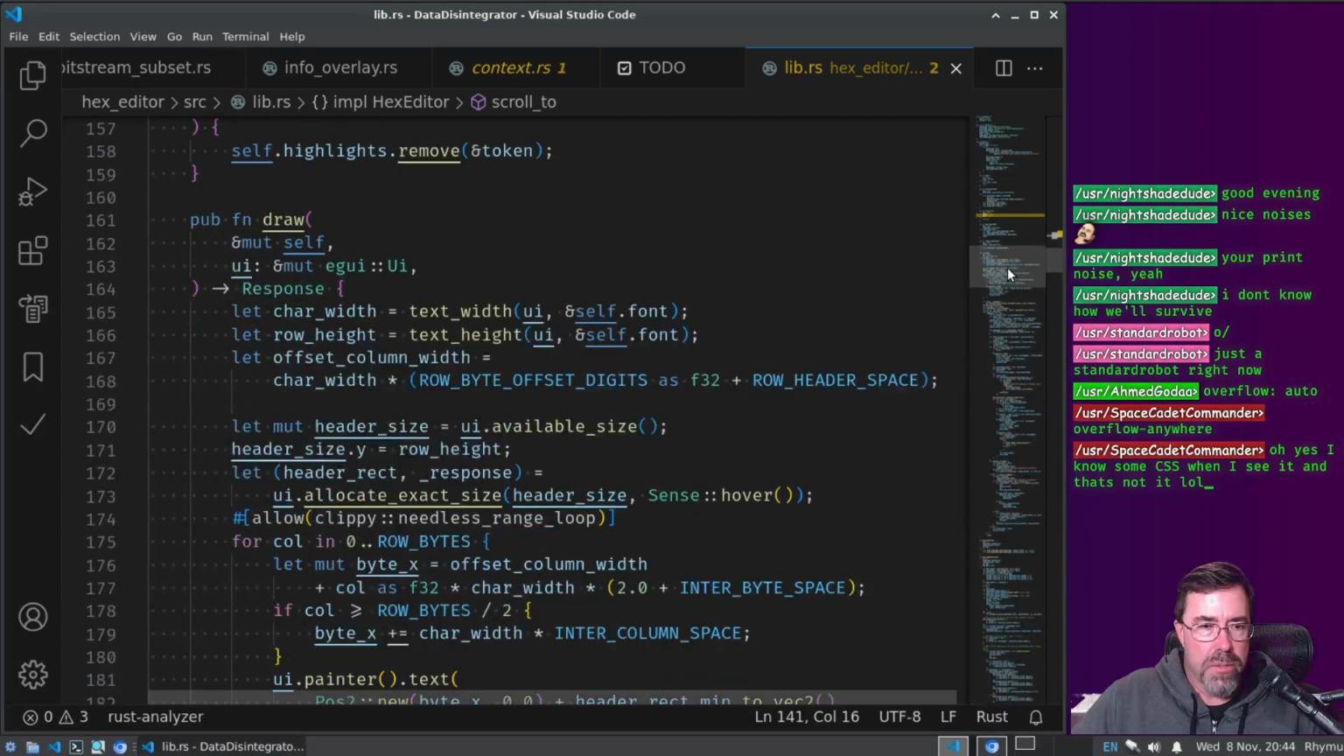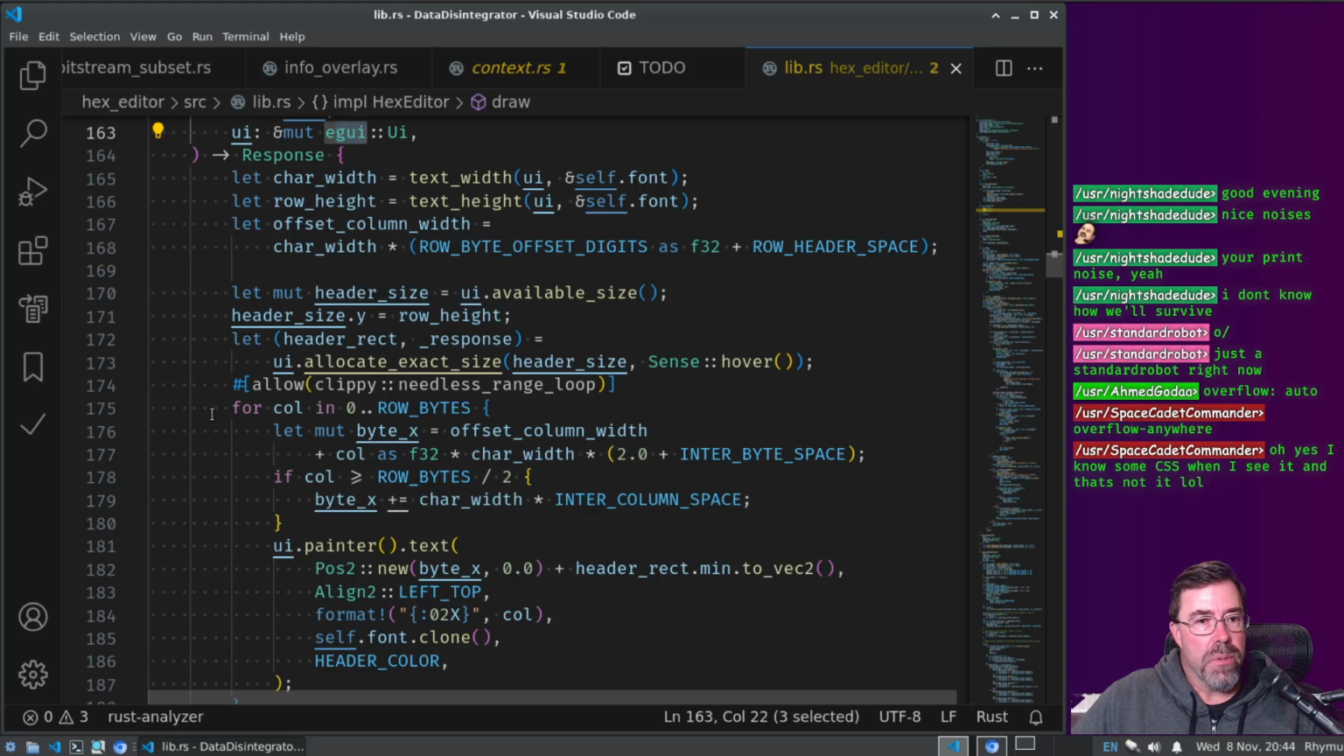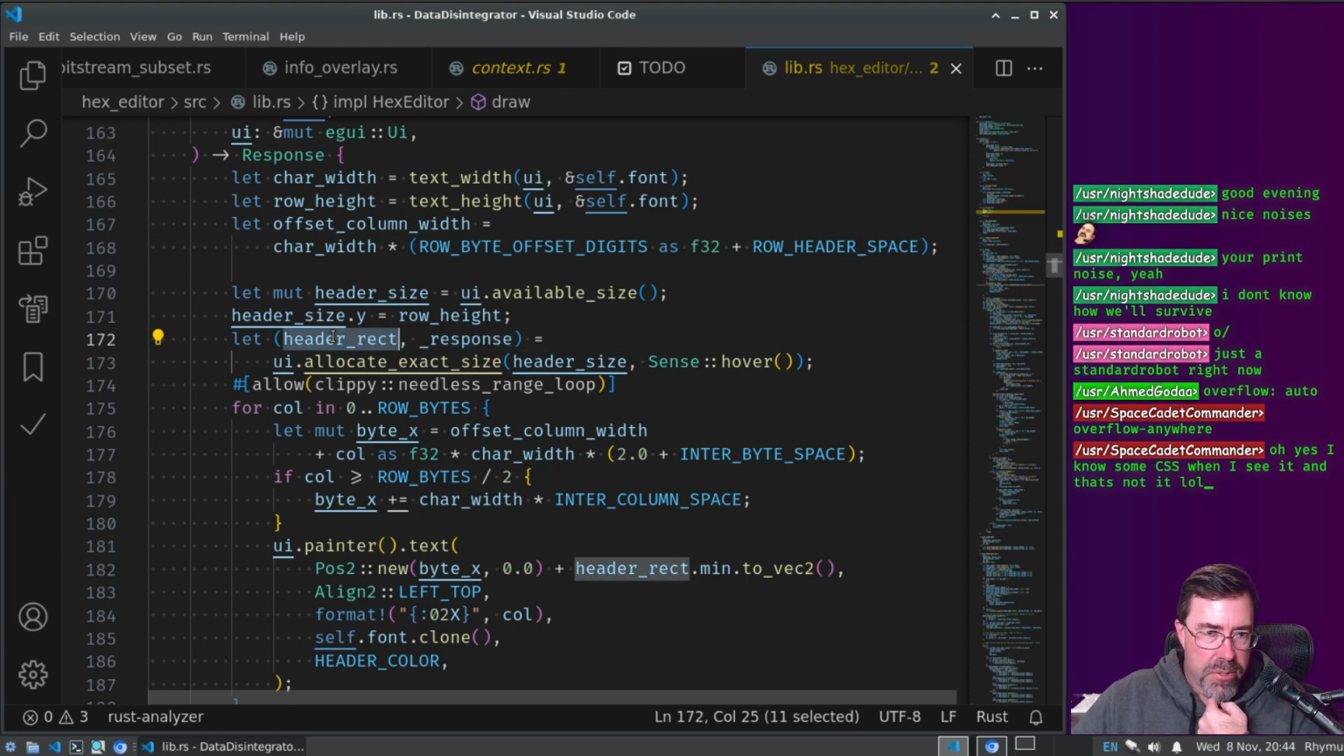I'll show you how it's actually drawn. It's drawn with this thing. So it's a UI context from eGUI. And it's really funky. So what you have to do is tell it you want to allocate some size, and it gives you two things back, which really threw me for a loop at first. It tells you what size the layout actually gave you, and usually it's what you requested, but it could be different. And the second thing is